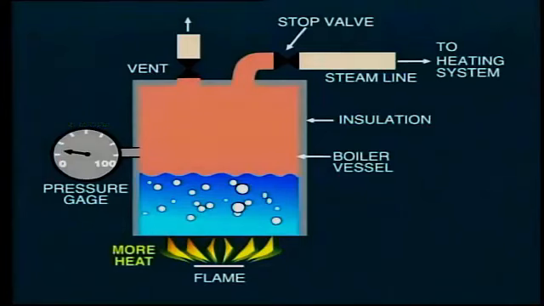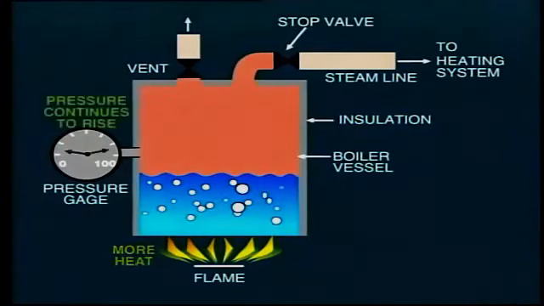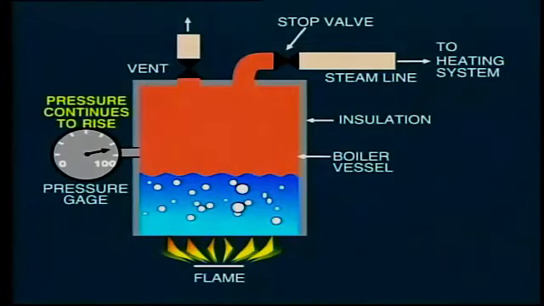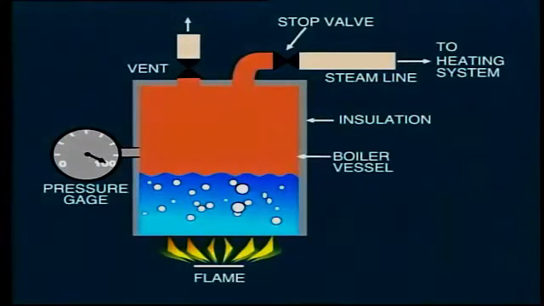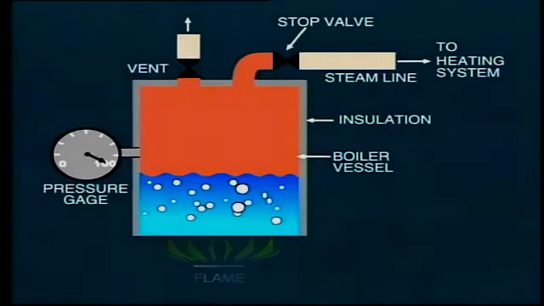Now, as more and more heat is added, the pressure continues to rise. So what do we have to do when the pressure reaches its target level, say 100 psig? How can we control this? Well, we have two options. One is to extinguish the fire so that no further heat energy is added. In fact, if we do this, the pressure will start to fall again as the vessel loses heat, unless we